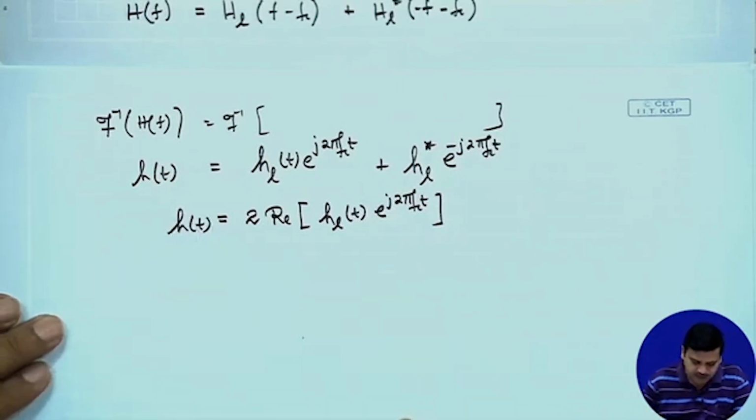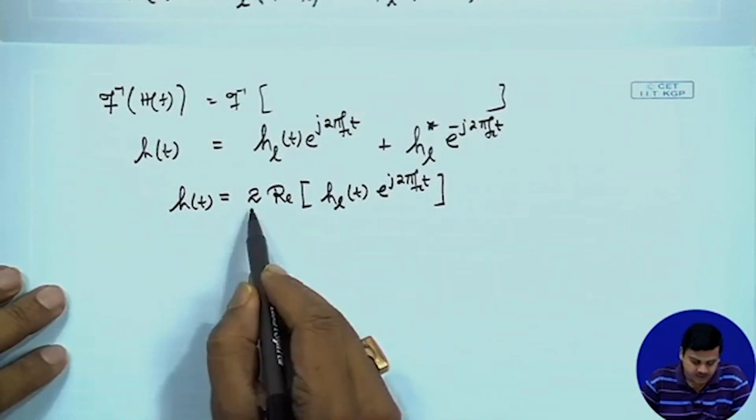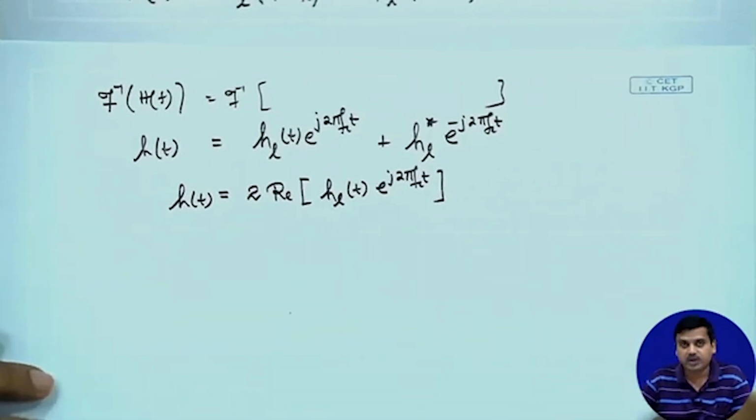So, where you again see that the relationship looks very similar, except that there is a 2, and of course, this is to normalize the power that we have got in. So, we are again back to same form of representation that we have done for signal,